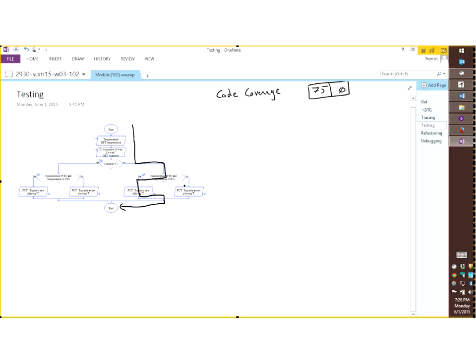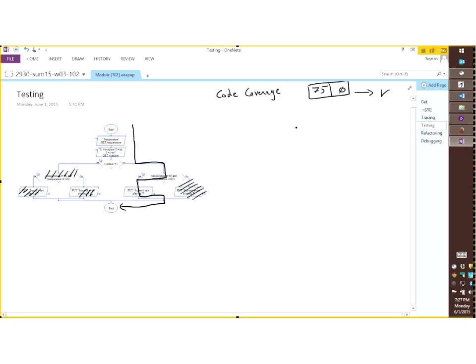However, the problem with this is that if there was a bug here, for example, instead of saying the squirrels are not playing here, I say the squirrels are playing, and I'm wrong. Or if there was a bug in any of those statements that didn't get executed, all of that, what we sometimes call dead code, code that didn't get executed during this one trace, during this one test, well, I can really not say anything about it. So this test here, 75 and 0 as input values, allows me to check that one of the conditions expressed in the requirement has been successfully implemented, one of them.